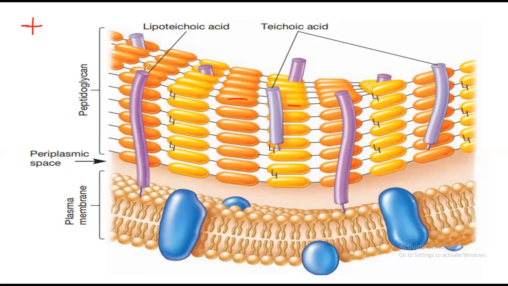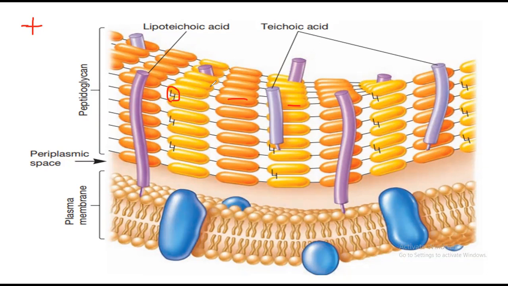I want to tell you that these peptidoglycan layers are interconnected with each other by a special type of bonds, and I will show you these bonds in the molecular form. I will show you the main molecular structure of the peptidoglycan layer. So this is a thick layer. Why am I showing you the peptidoglycan layer? Because it is involved in my lecture today.